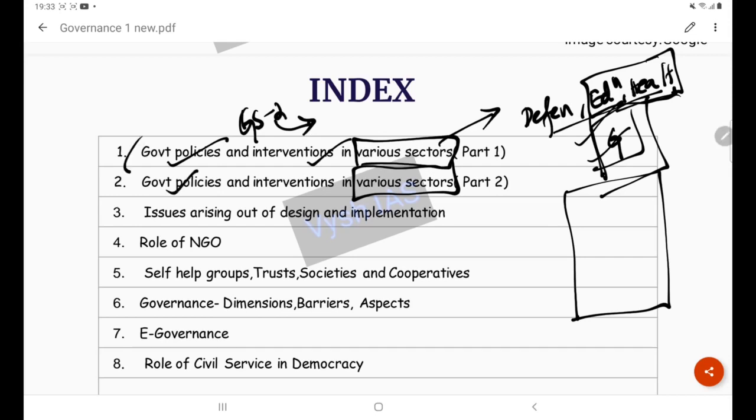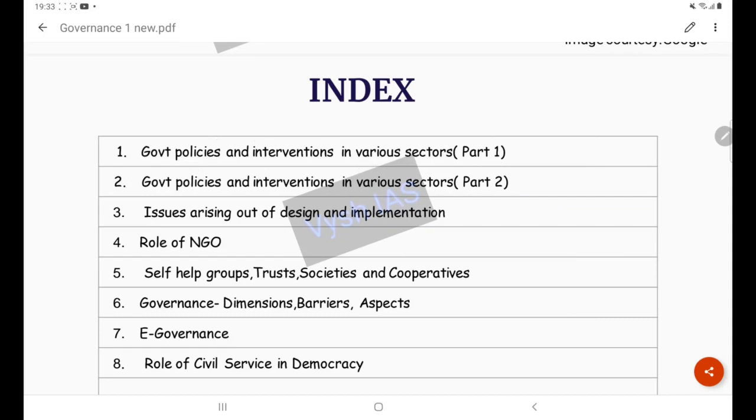This chapter will be covered in 2 sections. Here we will be taking 2 sectors, and in the second class we will be taking other sectors. Next is issues arising out of implementation. So targeting issues is important. Why? Because optimum solutions always come from proper and precise problem targeting. Okay, so critical sectors need the state's role because it affects the community as a whole. So it is important to target the issues, because we are facing new problems in all these sectors. So to devise newer solutions, you always need to target the issues properly.